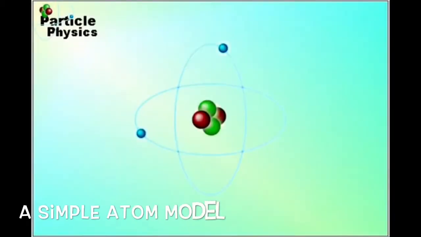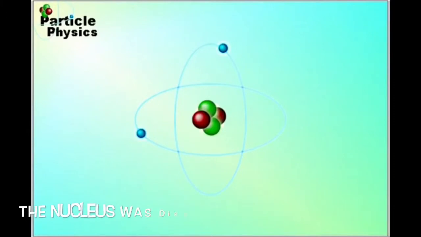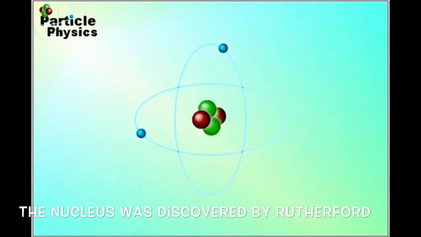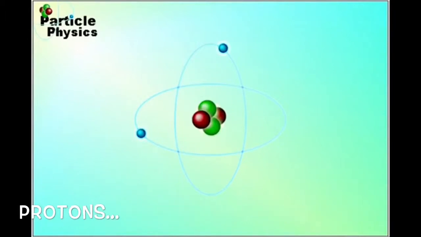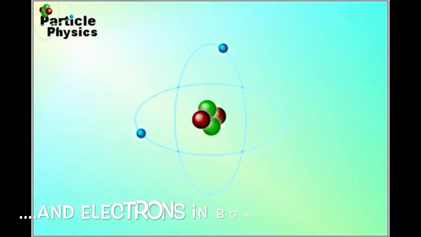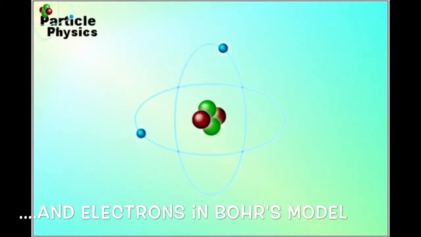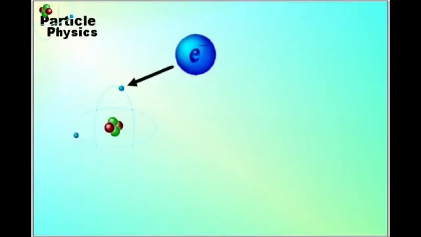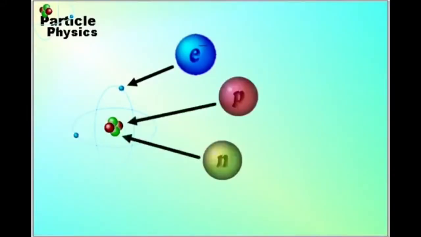We've had this idea of the atom for some considerable time now. The concept that Rutherford gave us of a nucleus that was positive. Later we found that it had 2 particles called protons and neutrons and was surrounded by electrons, and Bohr gave us the orbits of those electrons. So we have electrons going around the outside and protons and neutrons in this tiny nucleus at the center.